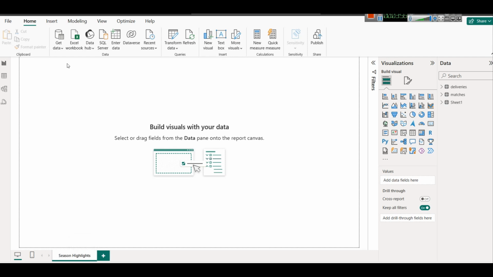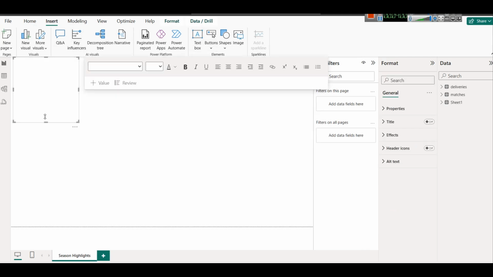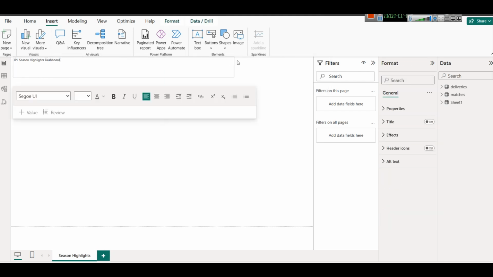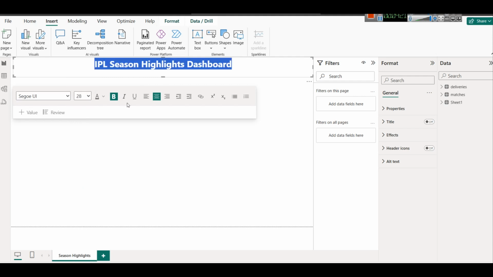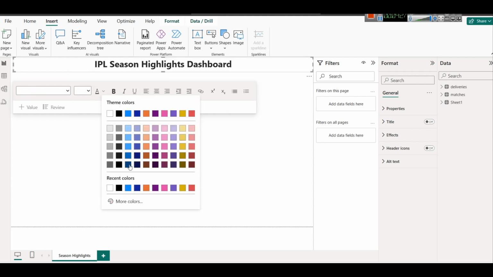and here we will insert a text box, and in this text box we will write the same thing, season highlights dashboard. This will be IPL season highlights dashboard, and what we are going to do is we will align it to center, make it bold, and use around 28 font size, and here we will give this a blue